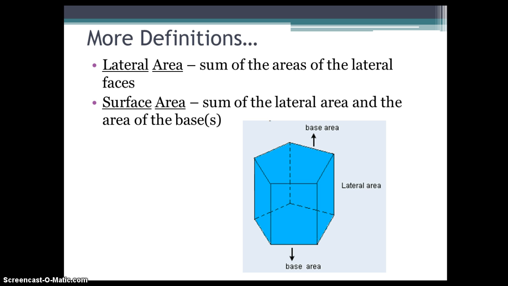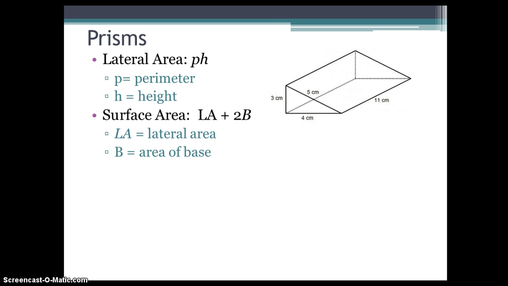A few more things we need to be familiar with are lateral area versus surface area. Lateral area is the sum of the areas of the lateral faces. So it's all these sides that connect the bases. It's adding up the area of the five sides in this example that connect the bases. The surface area would be that lateral area plus the areas of the bases. So we have lateral area on the sides, and surface area is the sum of all of the faces. To find the lateral area of a prism, you multiply the perimeter of the base times